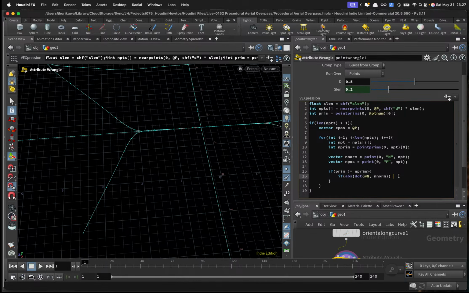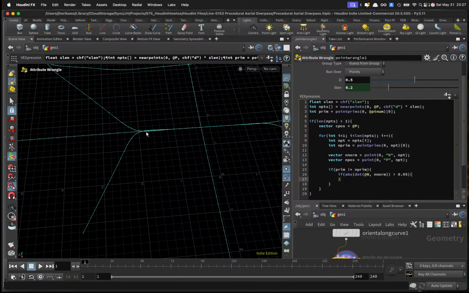Then if it's close enough to 1, like more than 0.95, which is really close to 1, which means it's pretty much along the same direction, then